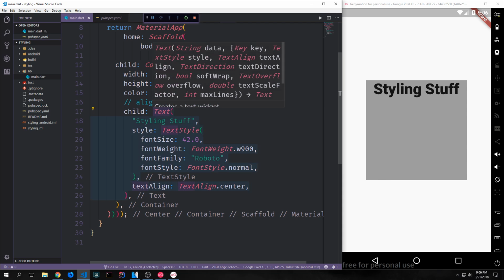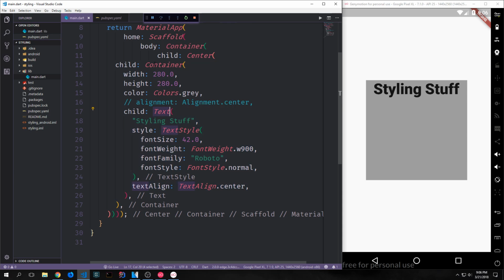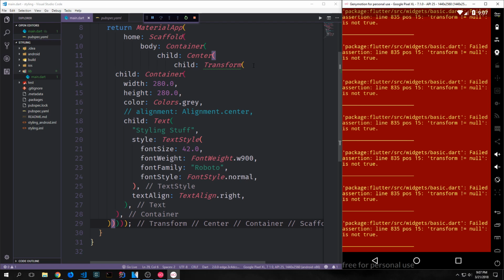If you want to center a block of text, typically you'll want to wrap it in a container or in a center. If you just want it to be horizontally justified or centered, you can then use text align and then the appropriate value. I'm going to introduce a new widget called a transform, and I'm going to wrap the container and the text in our